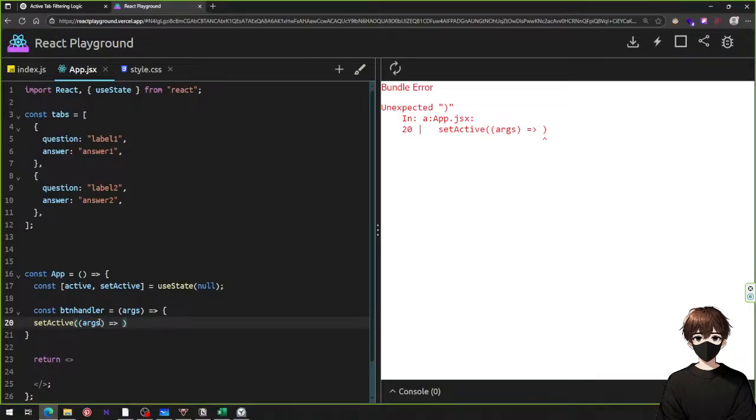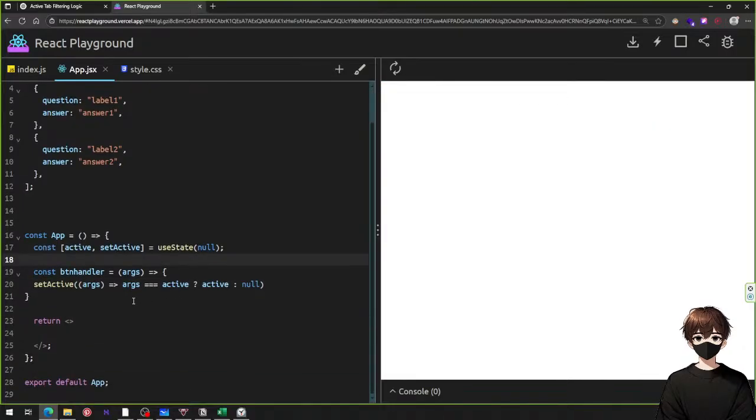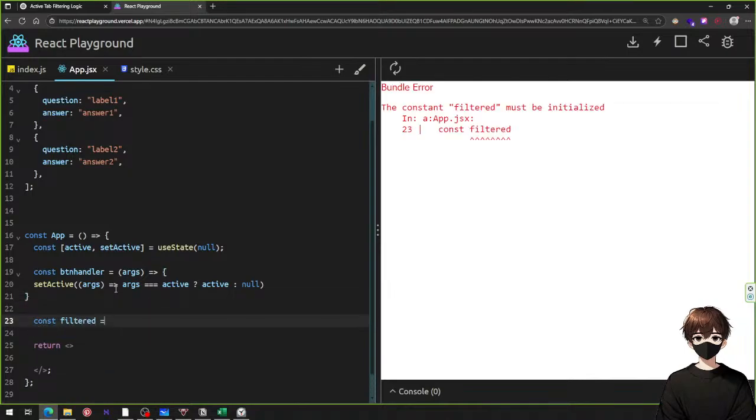If the args is equal to active, then we say active, else we say null. Okay, then we're gonna say const filtered is tabs dot filtered,